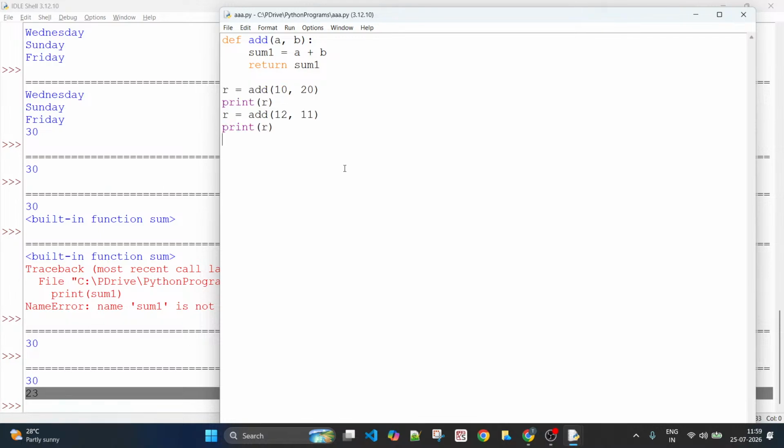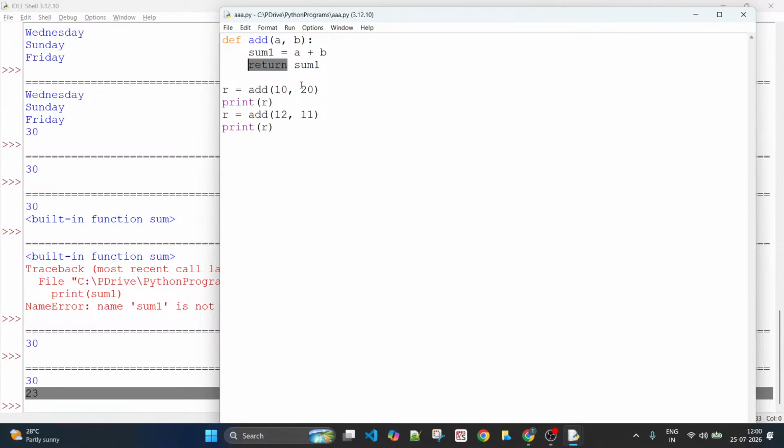Make sense? So when do you pass argument to a function? When you want to transfer the data from calling statement, this is called calling statement because you are calling the function. Function calling statement and calling statement are one and the same. So whenever you want to pass some data from calling statement to the function, then you need to pass arguments, and those arguments will be copied into parameters.